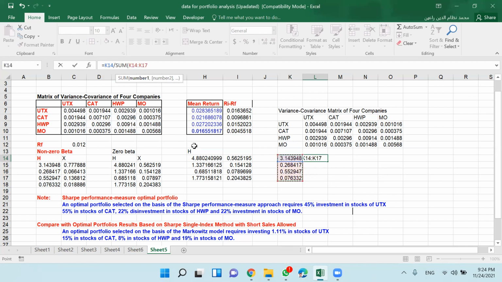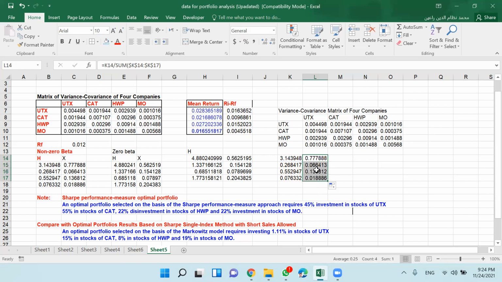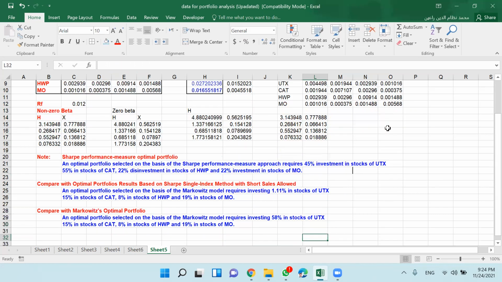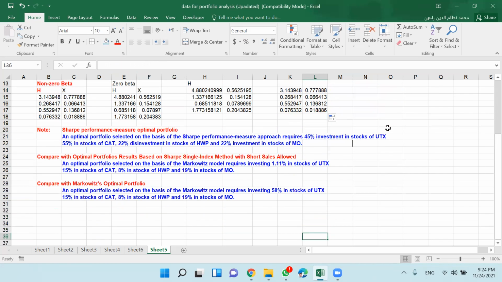Mistakenly, I took the sum of returns, that was wrong. So basically, you should take the sum of H values that you have generated. And then you enter, and this now suggests that it should be one, the sum of all things. So explanations are written, you see here.